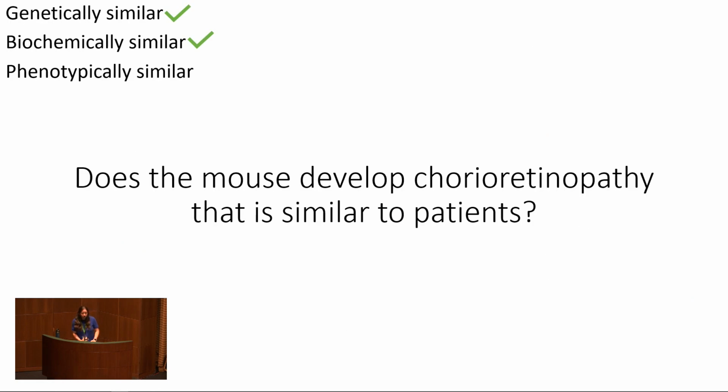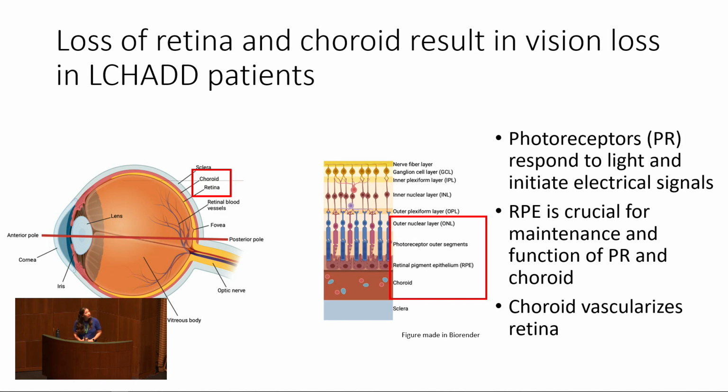So now that we knew that the mouse was genetically and biochemically similar, we needed to make sure that this mouse was phenotypically similar. So specifically because we wanted to use this mouse to study the chorioretinopathy, we needed to make sure that this mouse lost its vision and developed chorioretinopathy. And so just a quick background about this,